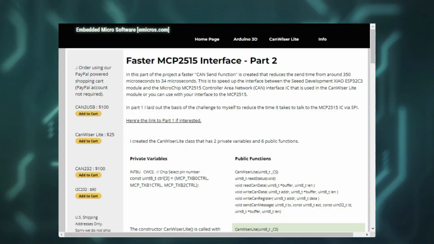In this part of the project, a faster CAN send function is created that reduces the send time from around 350 microseconds to just under 35 microseconds. This is to speed up the interface between the Seeed Studio XIAO ESP32C3 module and the Microchip MCP2515 controller area network interface IC that is used in the CanWiser Lite module, or you can use it with your own interface